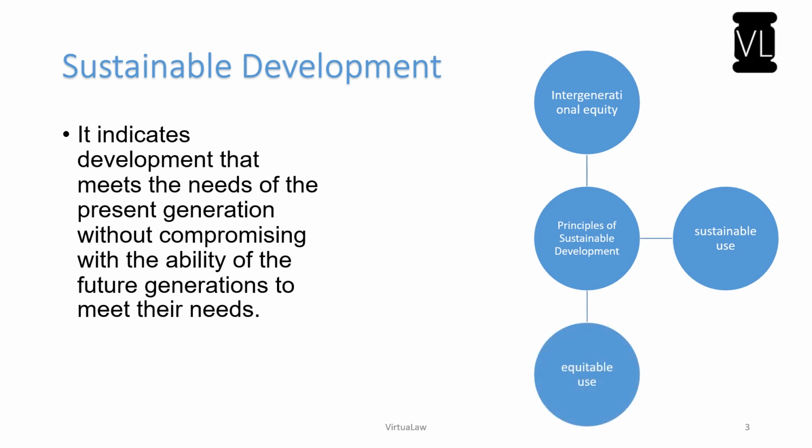Under the third principle, equitable use, you should not think a resource is only for a particular nation, right? Even internationally, you need to ensure that every nation has some kind of a right over the natural resource, right? So if your utilization of a natural resource is impacting the survival of any other nation, then even then it is not sustainable development. So sustainable development is not confined only to a nation, it is spread across the globe, right? So equitable use is equitable use across the globe. And finally, integration.